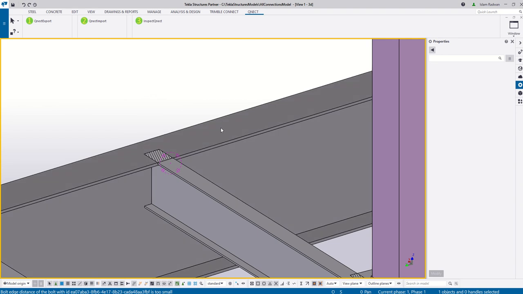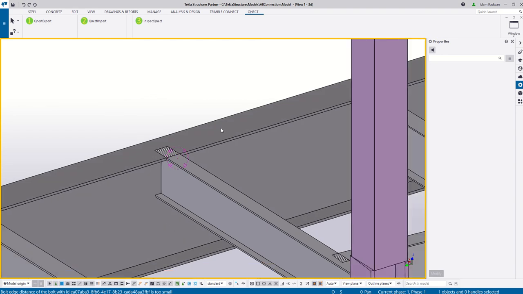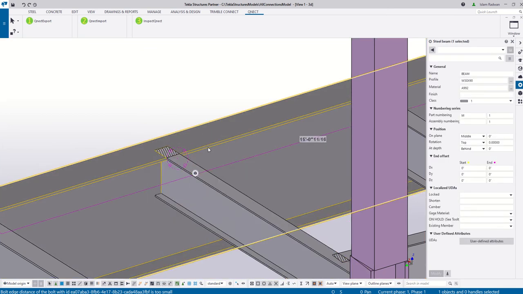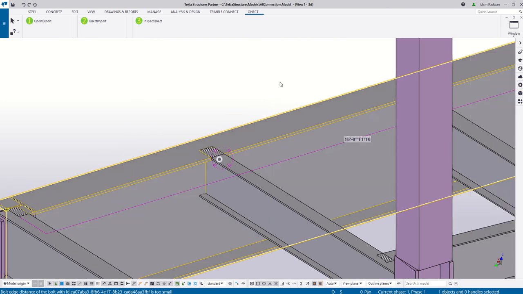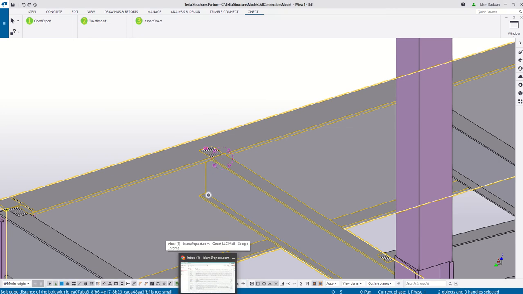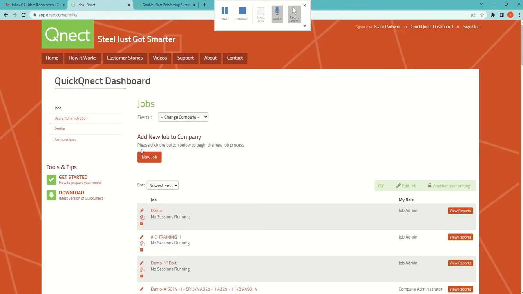Hello, in this video we are going to take a look at the Doppler report in Connect. I have in this example a beam-to-beam connection where the supported beam is W12x19 framing to a W30x90. So I'm going to design the beam, but before I design the beam, I'll go to QuickConnect.com and under